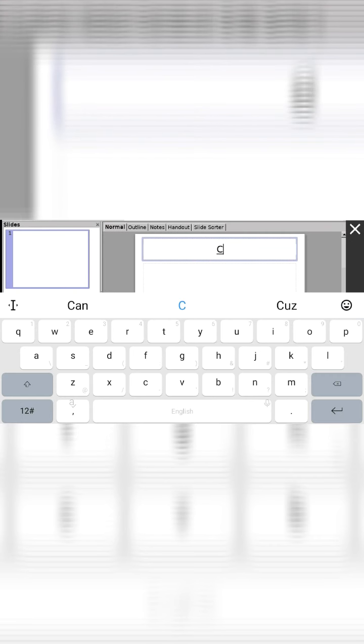Okay, so on the first slide you can see that there is written click to add title. Whenever you want to write any text on your slide, if you're using an Android phone, you will click on click to add title. After that from the right side you will see that there are three options, like a small keypad and a mouse-like icon. You will click on the keypad option and your phone's keypad will come in front of you, and now you can type whatever you want to write.